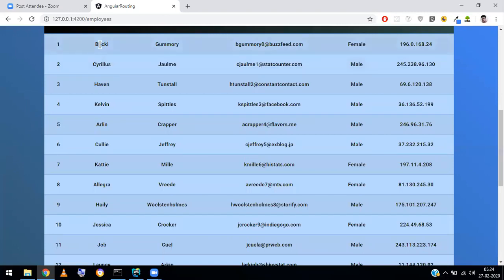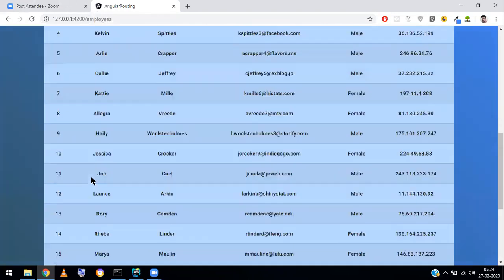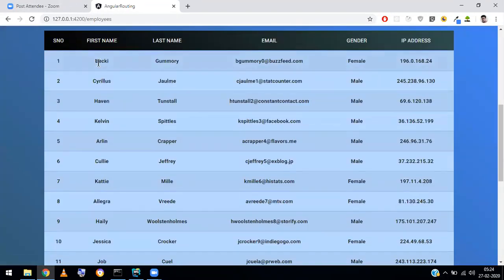Now the extra thing we have to do in the same application is, when I click on a particular employee, that person's data I want to display on the next page. So that's the plan over here. So how do you do that? Just click on each particular employee. I think we have already done this in Express